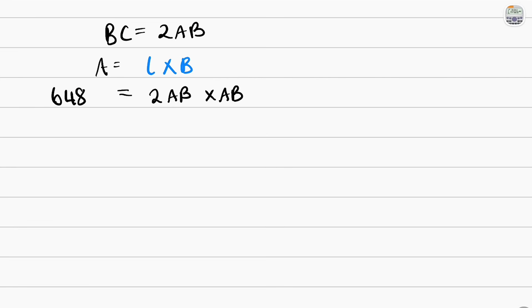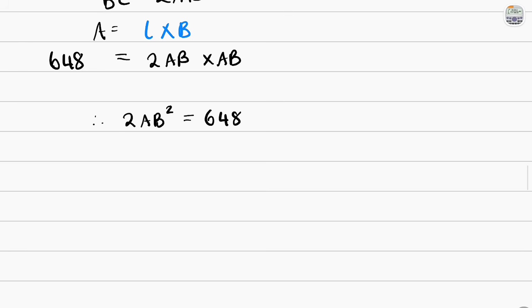So 2AB times AB equals 648 centimeters squared. Here, what we can do is multiply. That gives us 2 AB squared is equal to 648. Then divide both sides of the equation by 2. And so AB squared is equal to 648 divided by 2, which is